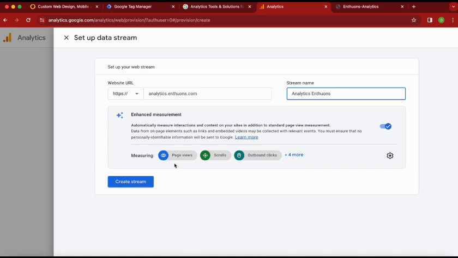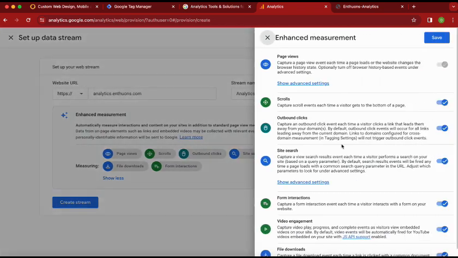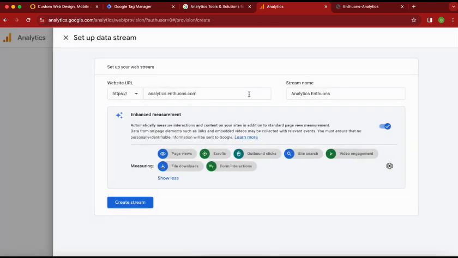And these are the default measurements which GA4 provides by itself, like page views, scrolls, outbound clicks, site search, video engagement, file downloads, and form interactions. If you do not do any custom event tracking, these events will be tracked by default. You can enable or disable these events by clicking on this gear icon, and then clicking on the on/off switch to enable or disable any of the default trackings. Now say I want all these events to be enabled, so I am not going to switch off any of them. So I will click on Create stream,